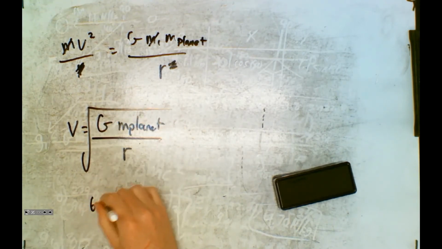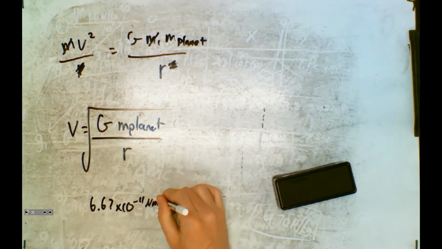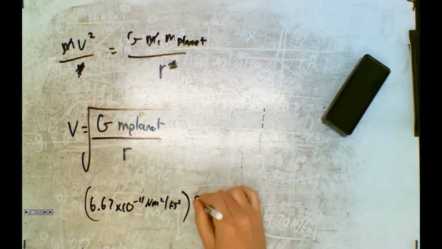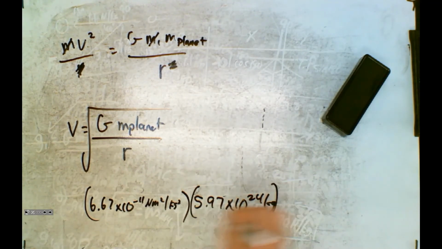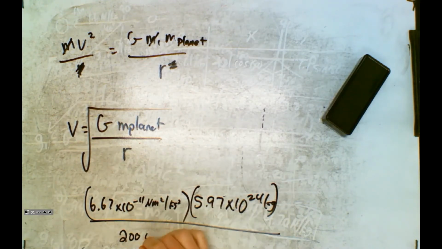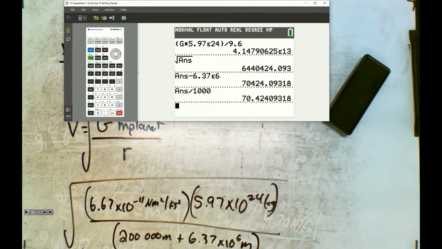So we have 6.67 times 10 to the negative 11 newton meters squared per kilogram squared. Mass of our planet is 5.97 times 10 to the 24 kilograms. And then our radius is going to be our altitude, which is 200,000 meters, plus the radius of the Earth. And we have to square root that. So when we plug all of that into our calculator,